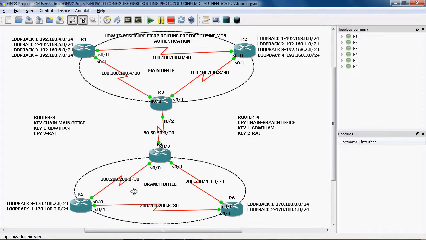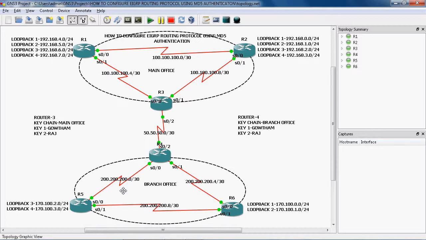We can see the IP address for the WAN network in the branch office. In the branch office WAN network we use 200.200.200.0/30. Here also we have 4 IP addresses. Of those we can use 2 IP addresses, and the remaining 2 are the net ID and the direct broadcast.